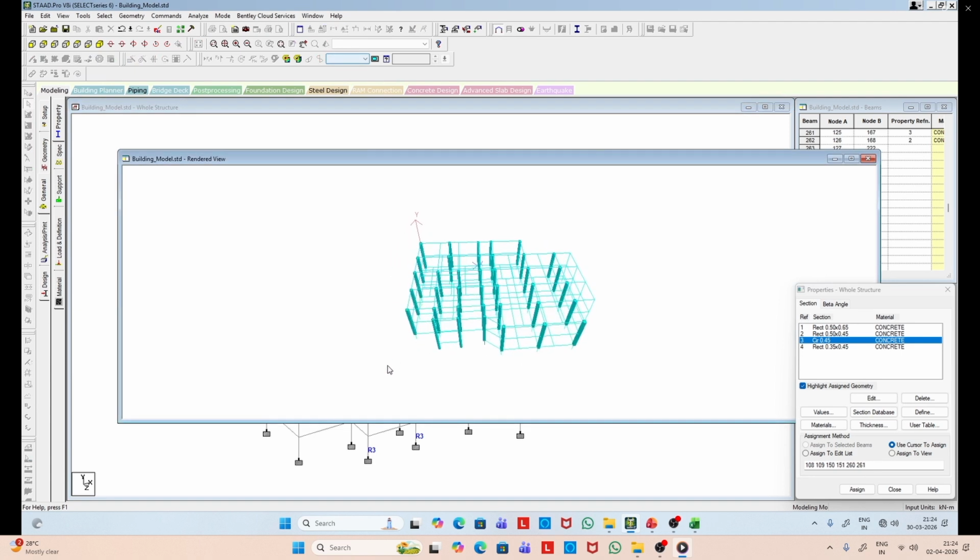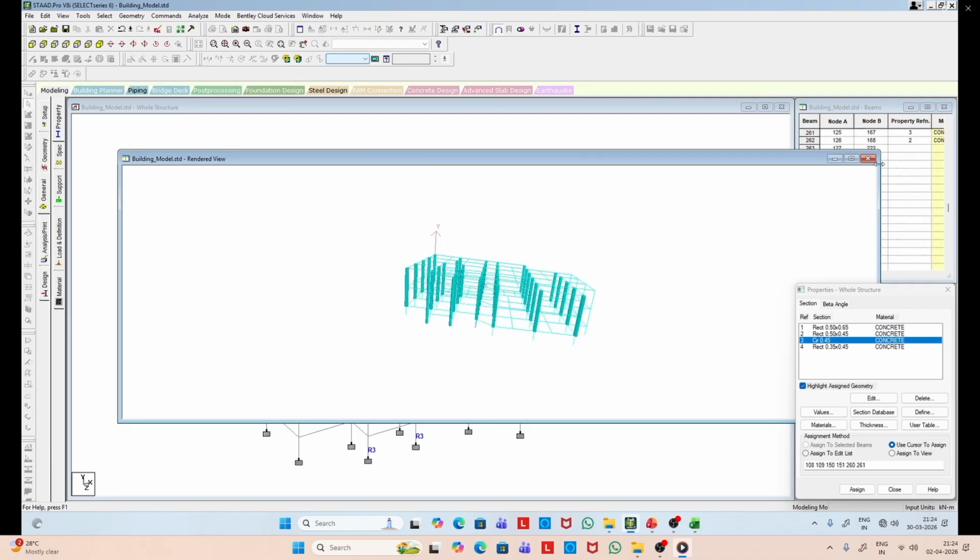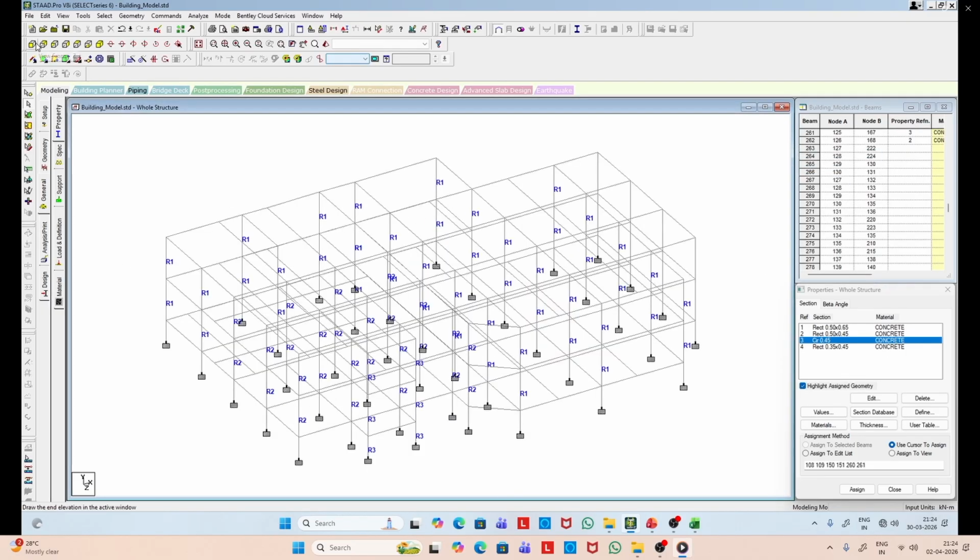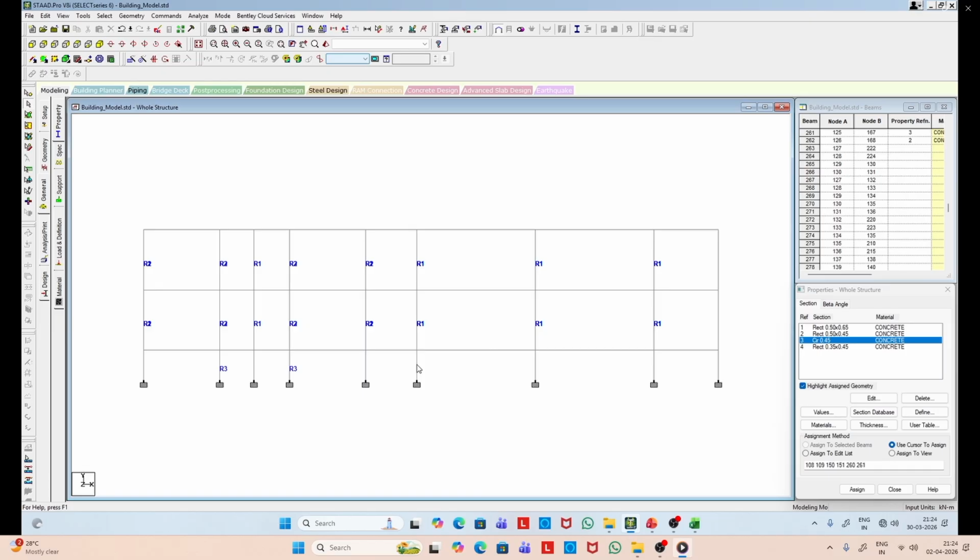So you can see column cross sections are applied. These columns are still left, so we have to select them and assign the appropriate section properties.